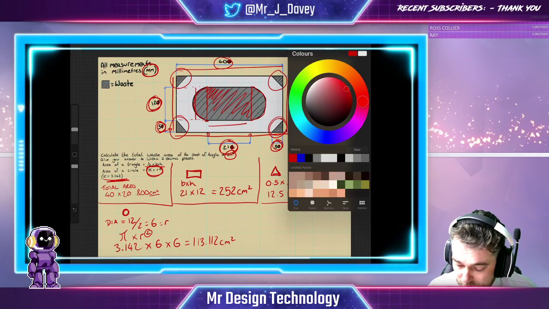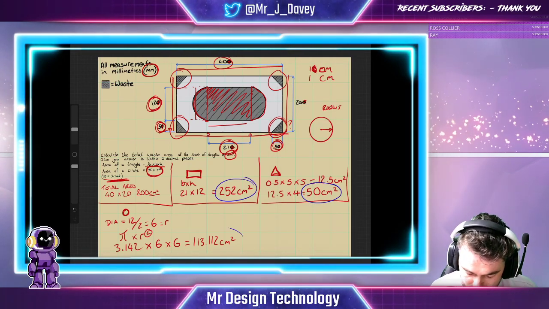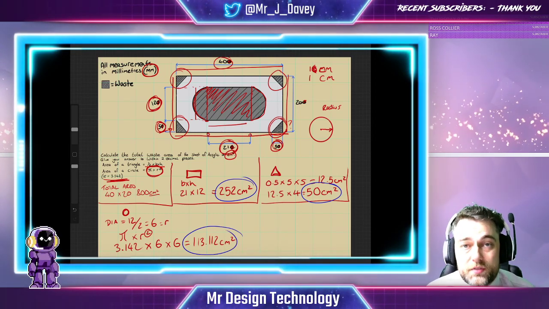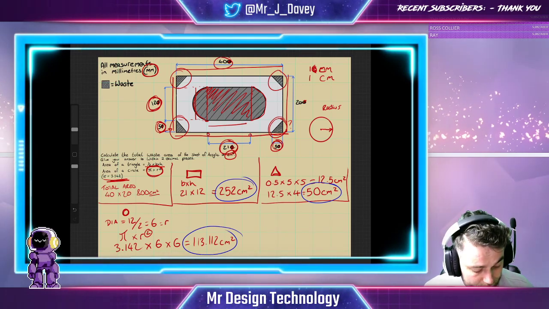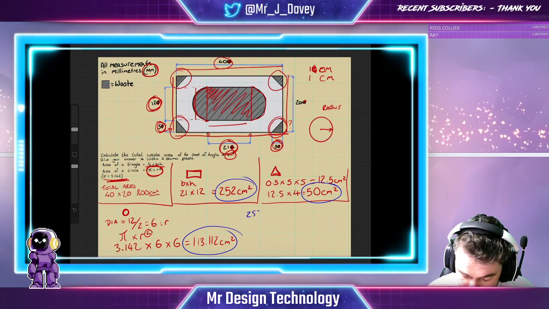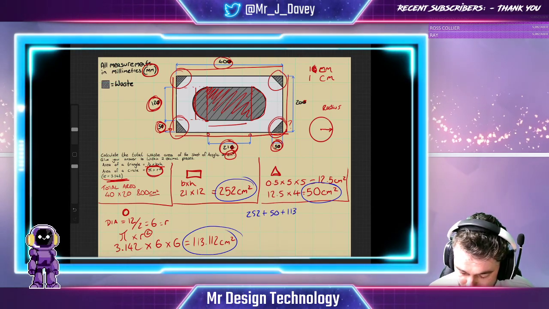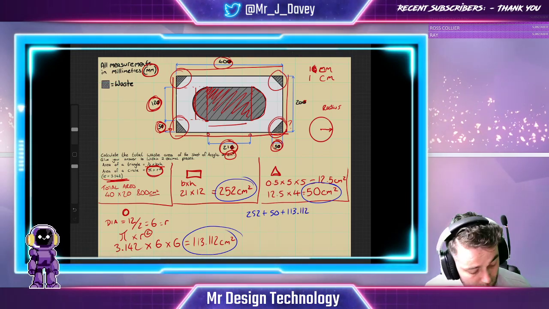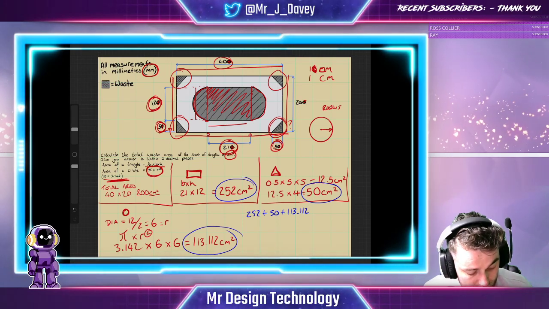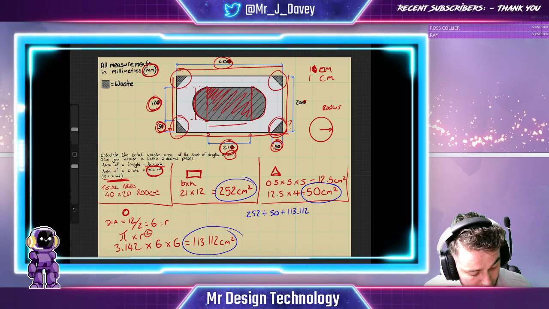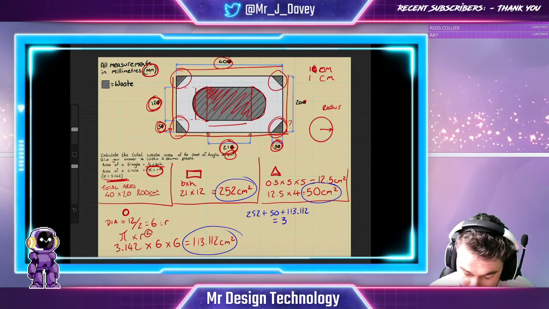Now, I'll tell my students to circle their answers as they're going along, and we're going to add those together, and that will give us the total waste. So, we're going to have 252 plus 50 plus 113.112. That gives us the answer of